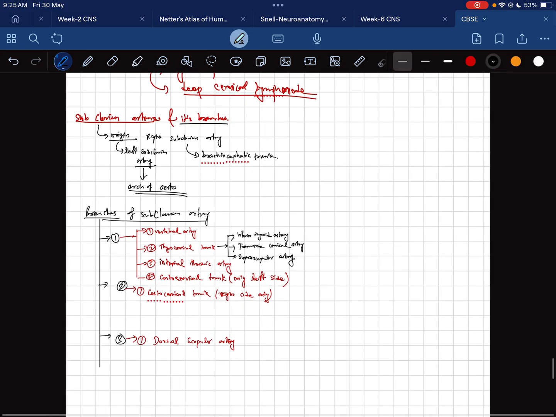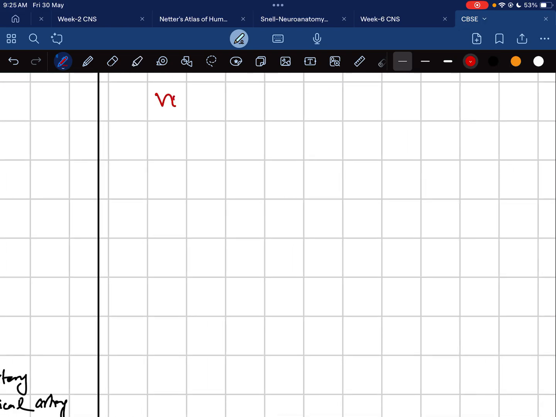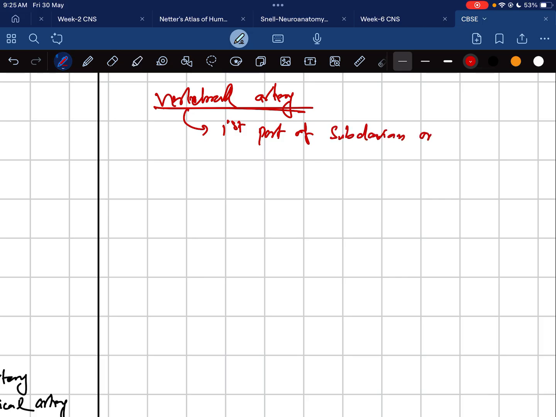Now we have discussed the subclavian artery, and we are going to discuss the vertebral artery. The vertebral artery originates from the first part of the subclavian artery. And when you look at its course, it ascends through the